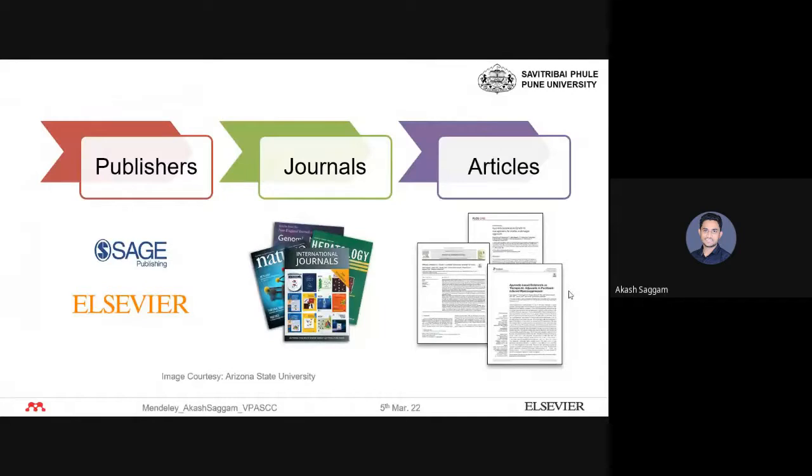First of all, the first slide will talk about different publishers. As I have shown here, there is Sage Publishing, Elsevier, Wiley. Such publishers publish different kinds of journals. These journals are based upon different scientific associations, and also different diseases, for example, a particular scientific branch. With that, these journals are published, and in these journals they publish the articles which are submitted by us, the authors. So this is how the flow goes on. And before